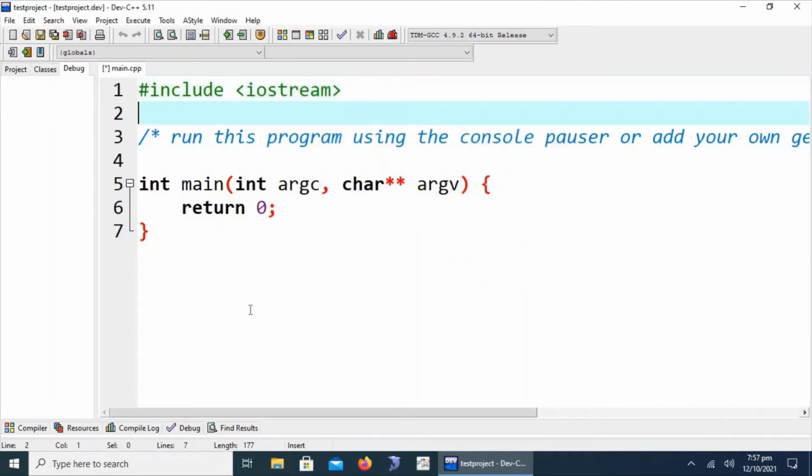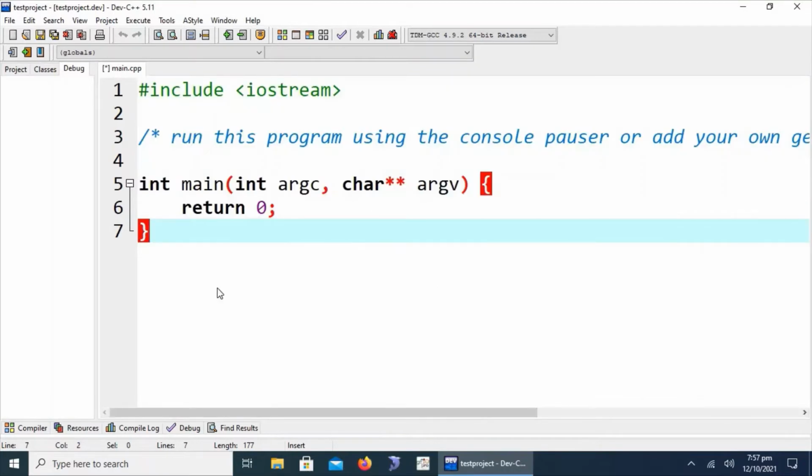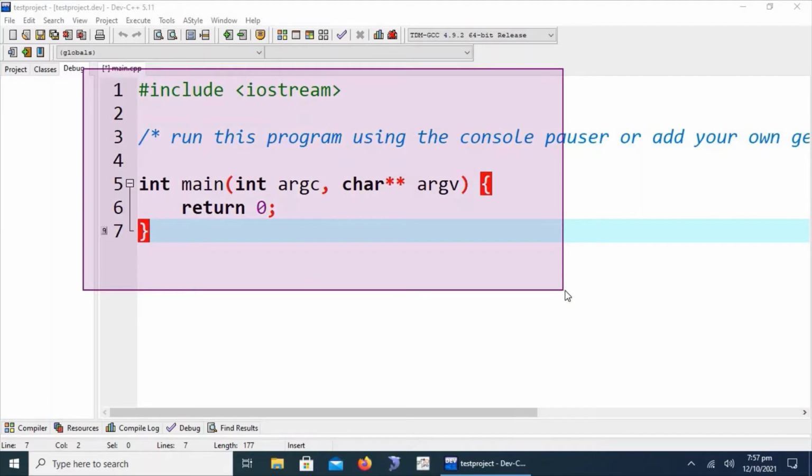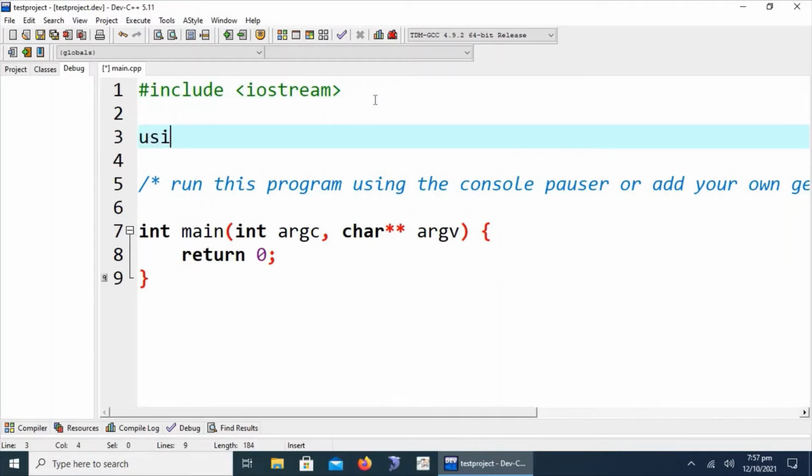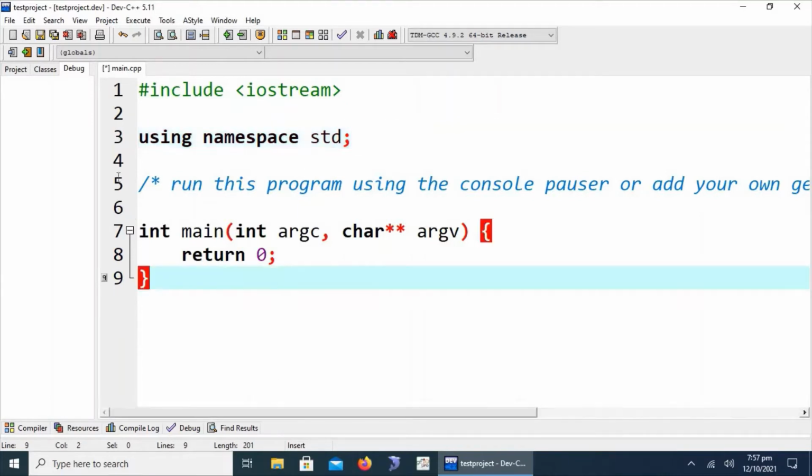Just click on save. A default program structure is written in the newly created Dev C++ program, which includes a preprocessor directive, comment line, main function, and body of the program. I have discussed these lines, such as using namespace std, multiple times in our previous lecture. Today we want to explore the IDE components which make programming in C++ much more flexible and easy.